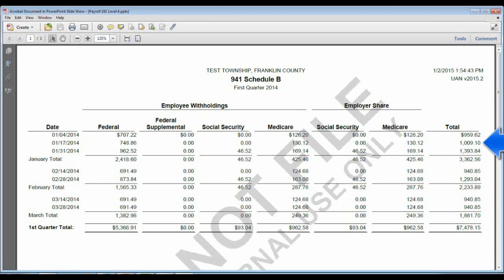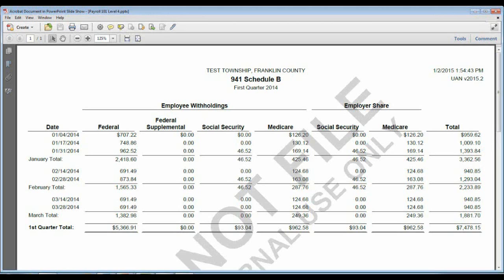January 17th tax liabilities were $1,009.10. Again, adding the federal tax amount of $748.86, the employee Medicare of $130.12, and the employer Medicare of $130.12. January 31st tax liabilities were $1,393.84. This is the $962.52 for federal, the employee share of Social Security, $46.52, the employee share of Medicare, $169.14, the employer's share of Social Security, $46.52, and the employer's share of Medicare,